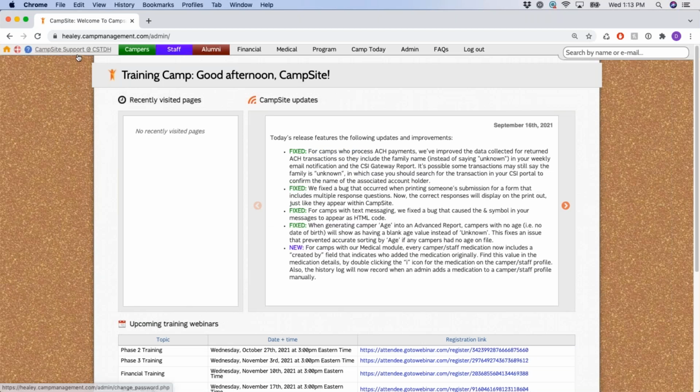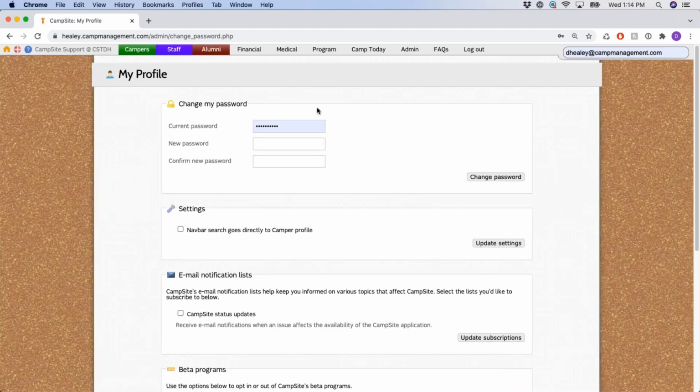Next to that, we have a section which we call My Profile. When you are logged into your database, it will say your first and last name at your camp's initials. My first and last name always show up as CampSite support, which is why it says that. But when you are logged in, it will have your first and last name. And then your camp's initials will also be unique to you and were designated when you first signed up with us. So when you click on this link, it will bring you into a page that will allow you